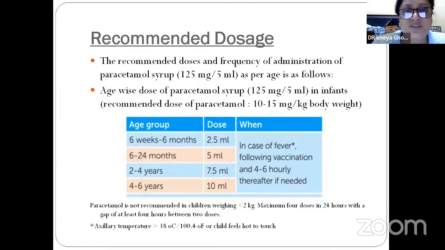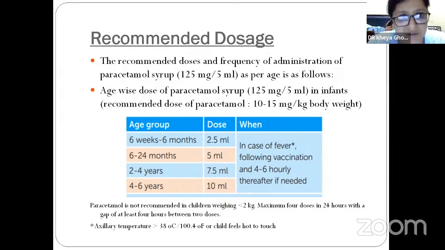So the recommended doses and frequency of administration of paracetamol, if we have 125 mg per 5 ml, I would like to mention now many of the paracetamol syrups have 120 mg instead of 125 mg. So we have to take care of that. Age-wise dose of paracetamol syrup is given as a guide here,